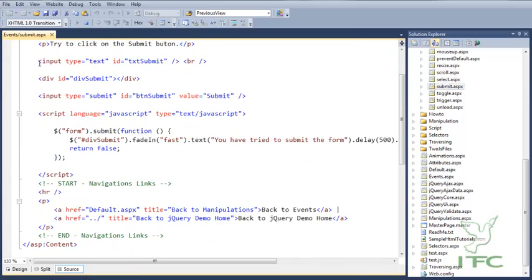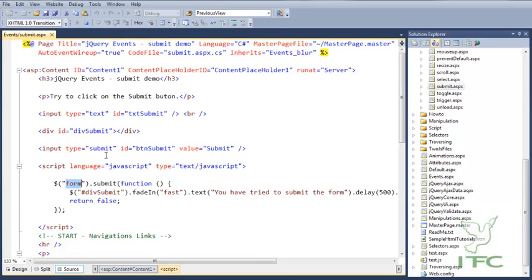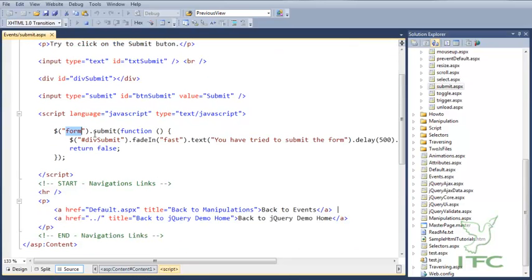Now here what I have is a text box and a div, and then I have a button whose value is submit and whose type is submit. So by default, when I click this button, the form will be submitted. Now what I have done is that I have first accessed the form element of this page, and I have attached a submit event with that, and as soon as the form is submitted, I will get